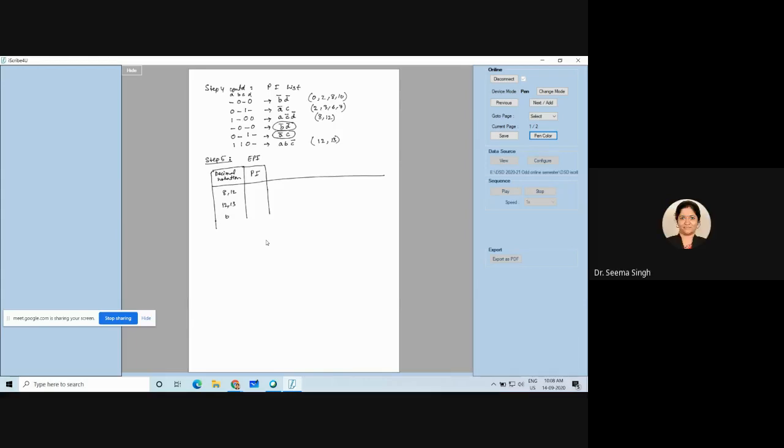Excuse me, ma'am. I didn't get it from the starting of step 4. There are only 4 terms, right? How did 6 terms come? When we group, only 4 terms will come, ma'am. When you are grouping, only 4 terms are coming. 6 terms come because of whichever you could not group.